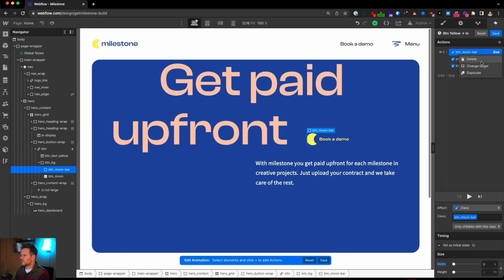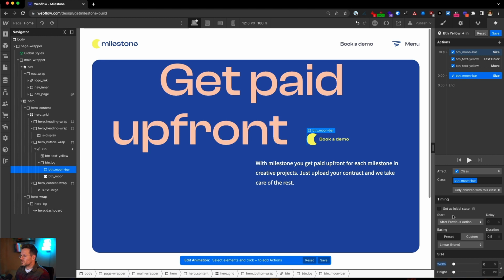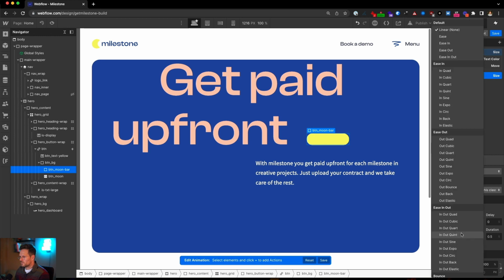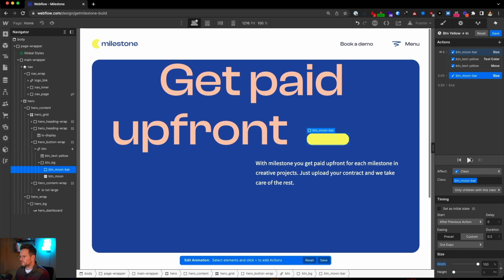So yeah, let's start with this one, duplicate it, and the width now should grow to 100%. You can see this is what's happening. Okay, I want some easing on it. I like out expo. Way too fast. Let's try 1.2 seconds.